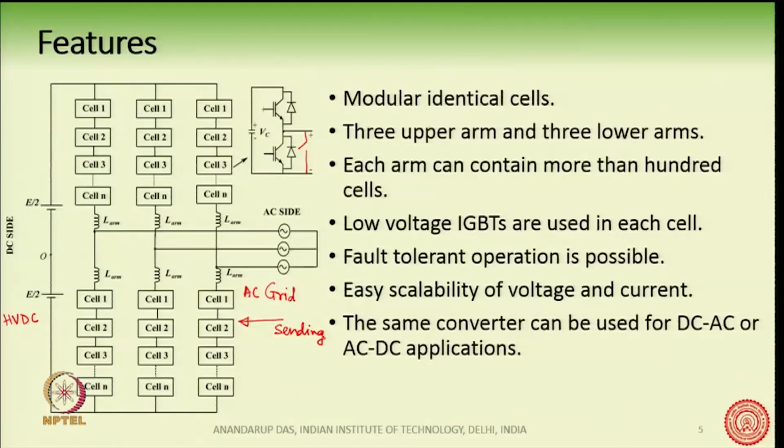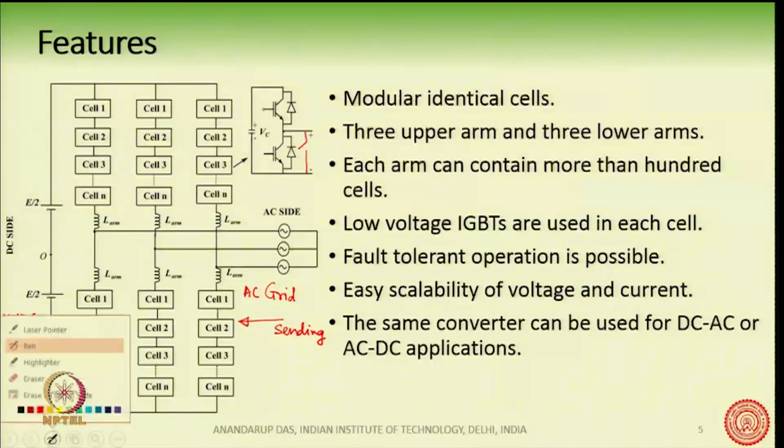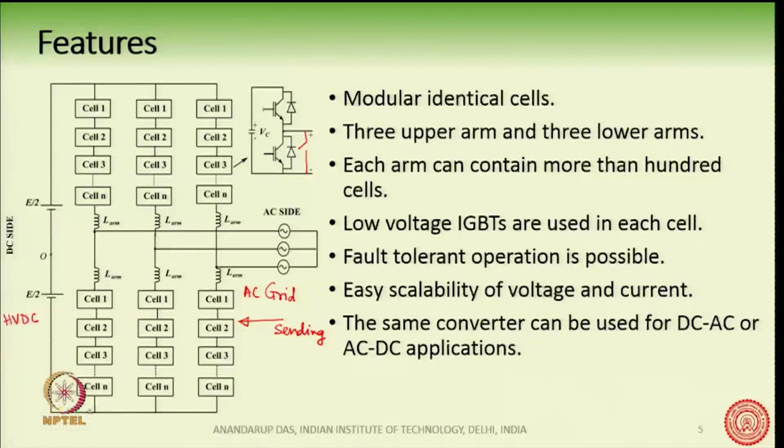But on the receiving end, we have the DC voltage available, from which we would like to get back the AC. And so, the same converter. So, on the receiving side, we have the HVDC available to us, and we can use the same converter to connect it to the existing grid on the receiving side, and then the power will be flowing from here to here. Okay. But you see, the same converter